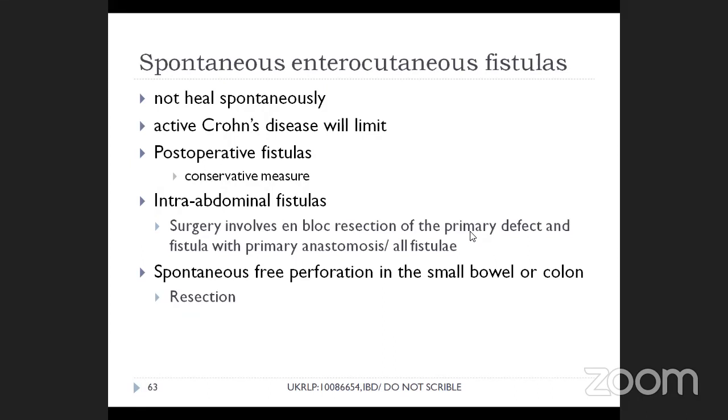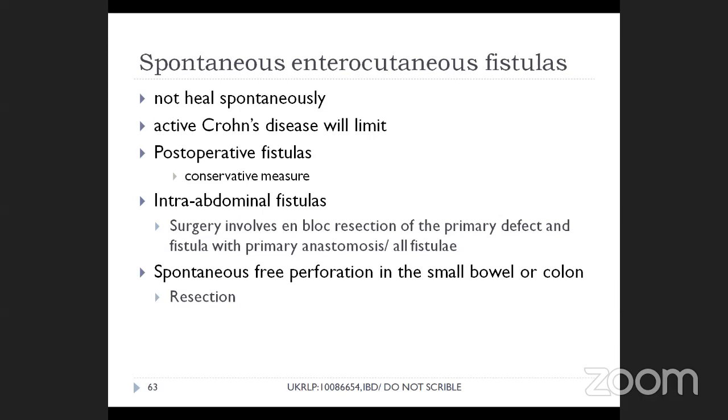So how are you going to treat the spontaneous enterocutaneous fistula due to Crohn's? Always, when there is a Crohn's, try to treat the patient conservatively, and medical management will help if there is a fistula. And these spontaneous fistulas usually, when the disease has got its remission, get settled. However, if the fistulas are not getting treated after 12 weeks, usually they need a surgical correction.